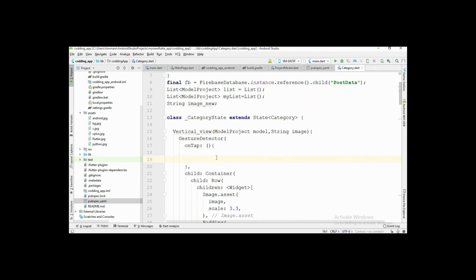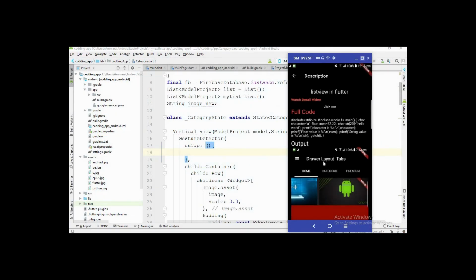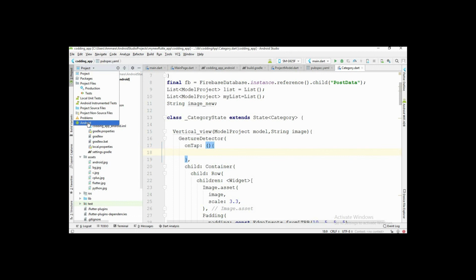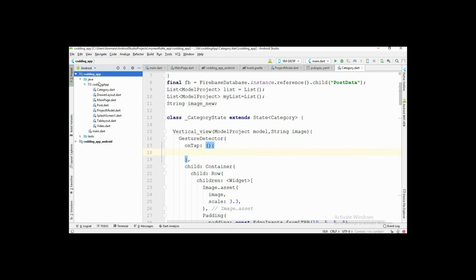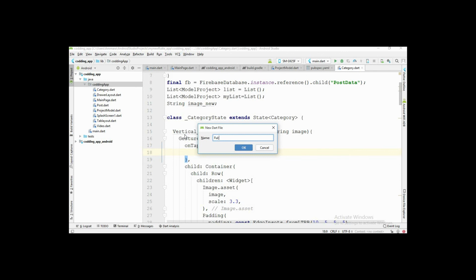So now first of all I am going to create a new Dart file for this layout. Okay, so now select Android from here, right click here, go to new, create a new Dart file, and I write ExplainFullCode.